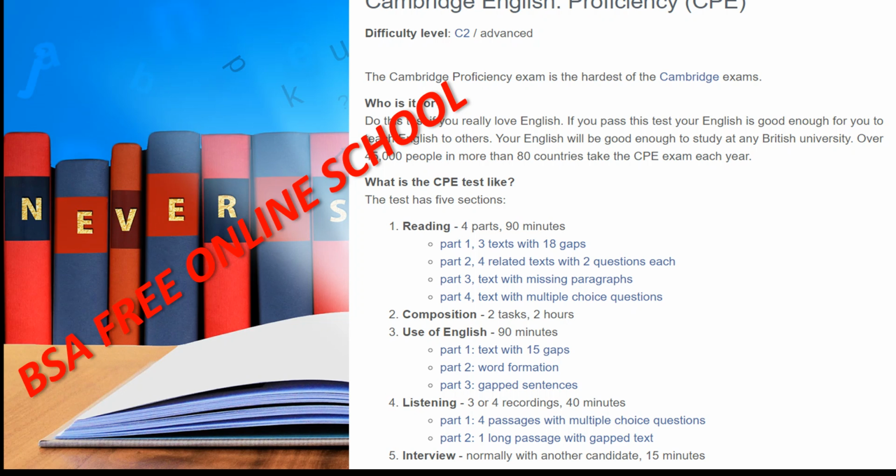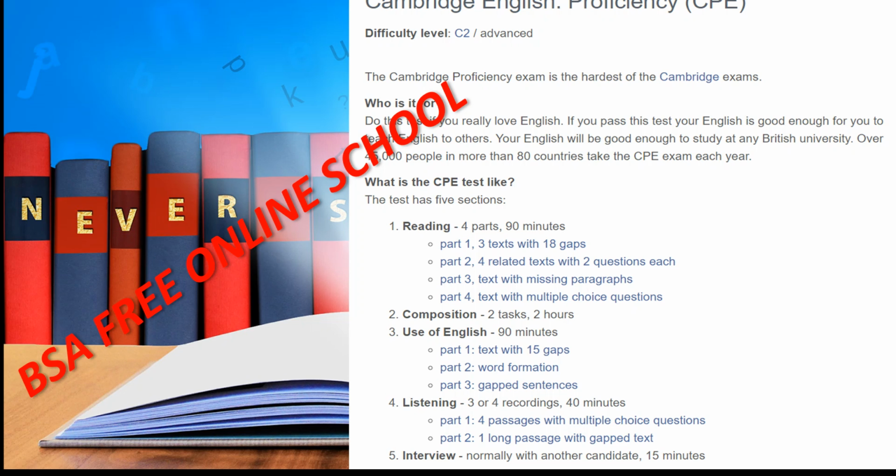In the listening part, you have 4 recordings and approximately 40 minutes. It requires you to be able to follow and understand a range of spoken materials such as lectures, as in IELTS and TOEFL, speeches and interviews.